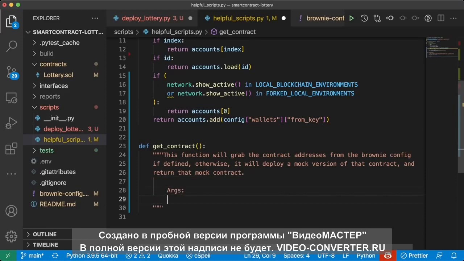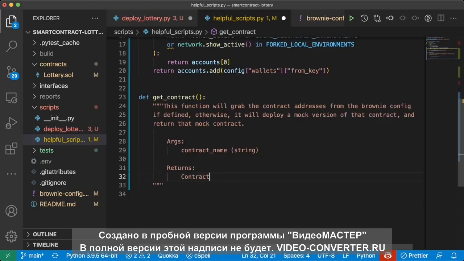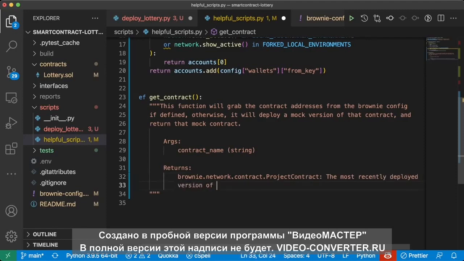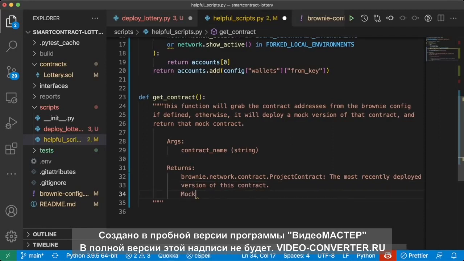For the arguments of this chain, we're going to take a contract name. This is going to be a string, and it'll return a contract. Or in particular, it's going to return a brownie.network.contract.ProjectContract, the most recently deployed version of this contract. So for example, if we have a mock V3 aggregator contract, it'll do the most recently deployed version of that